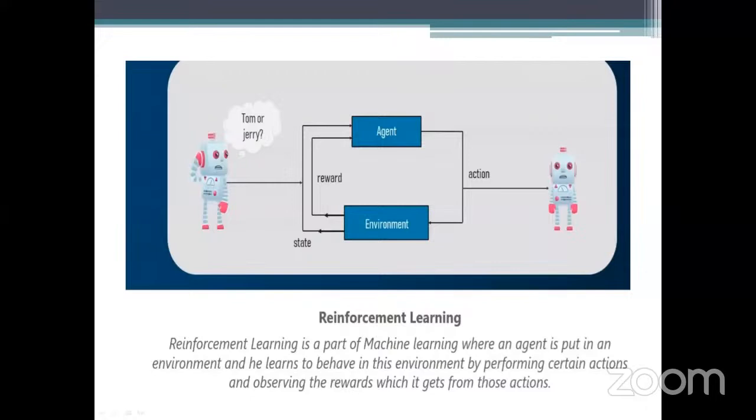So, last day we have seen three types, right? Supervised and unsupervised. Only reinforcement learning I had not taught at all. So the last type of machine learning is reinforcement learning. Reinforcement learning is quite different. It is a part of machine learning where the agent is put into an environment and it learns to behave in that environment by performing certain actions and observing the rewards which it gets